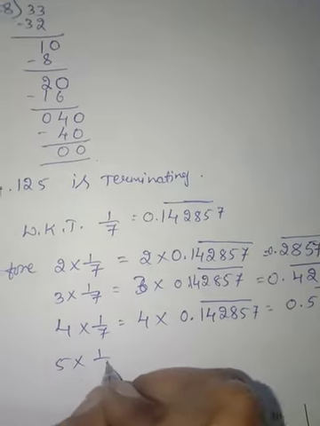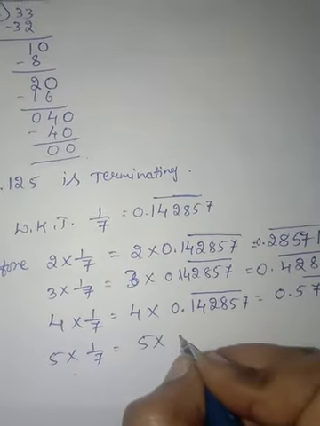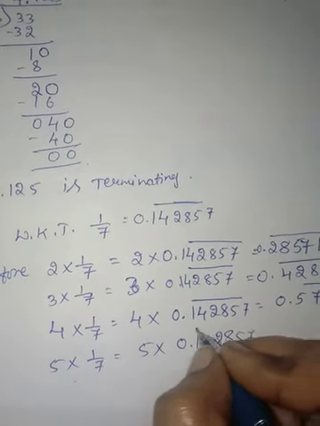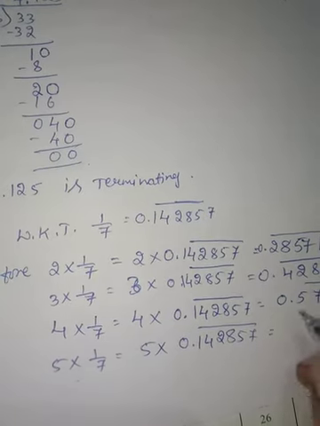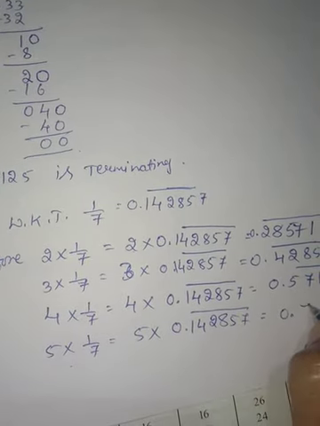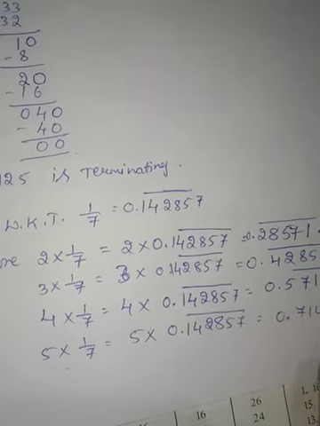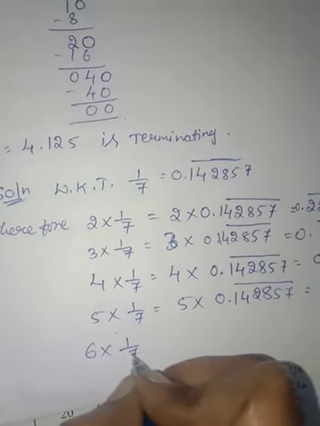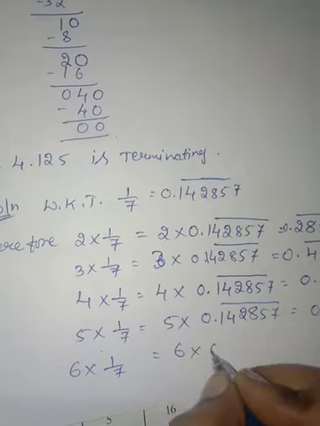Then 5 into 1 by 7, that is 5 into 0.142857. Then you multiply these both, you are going to get 0.714285. Then 6 into 1 by 7, which is equal to 6 into